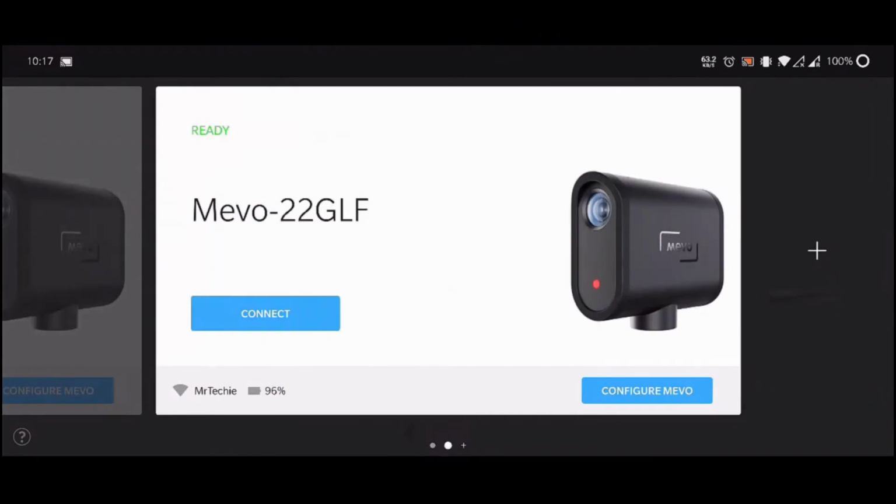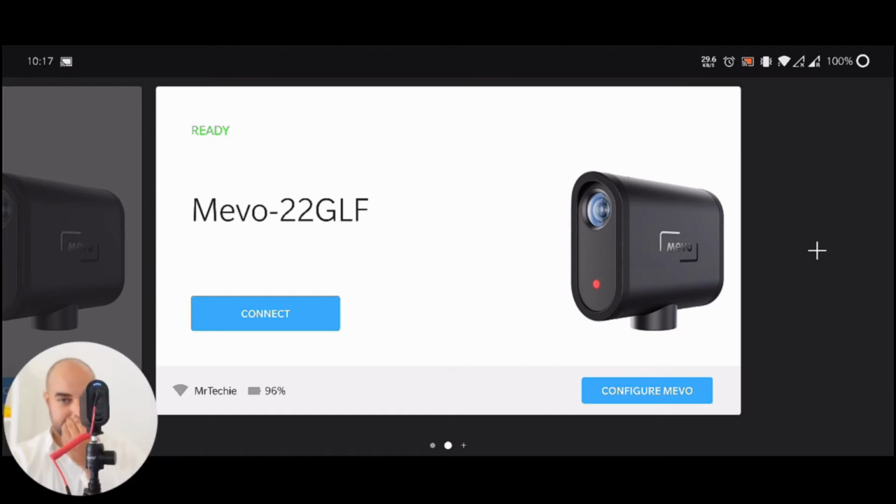And finally, the app has decided to work. So this is the Mevo, this is the camera, and this is the app. And this is how you would control a lot of the great functions and features within the Mevo system, and how you can get it working with Faith Online. So I'm going to overlay my camera here so you can see me in the bottom left-hand corner. And if I click connect,